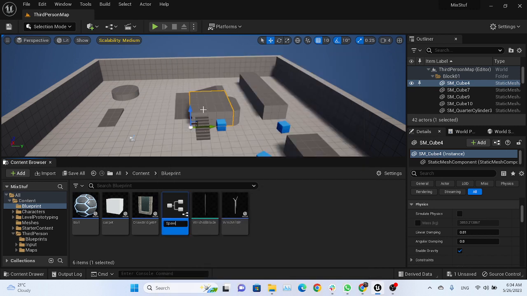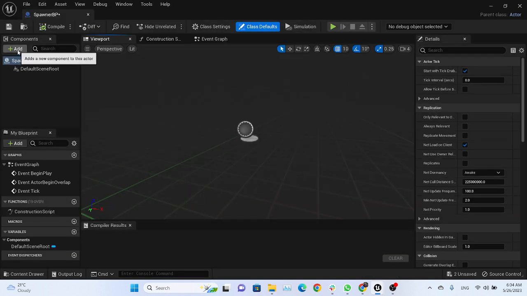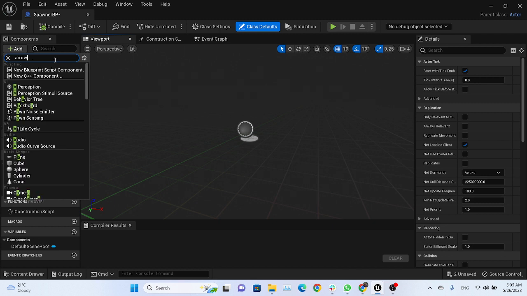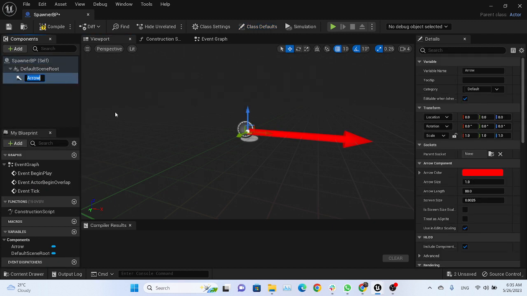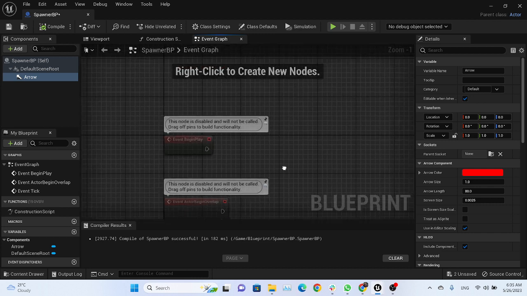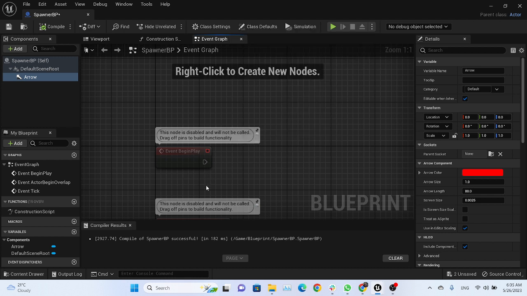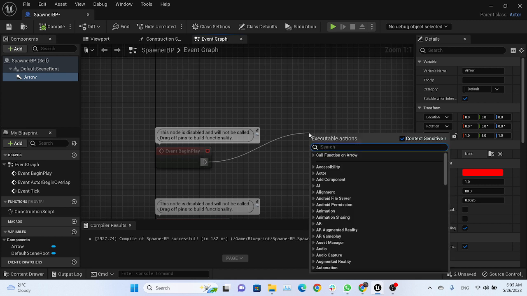I would call it spawner BP. Open this and click on add and add an arrow. Just add this arrow. We don't need to rename it or something like that. Here we have to create the logic of spawning infinite or whatever number of items. In the event begin play, sorry, here we need to extend this and type